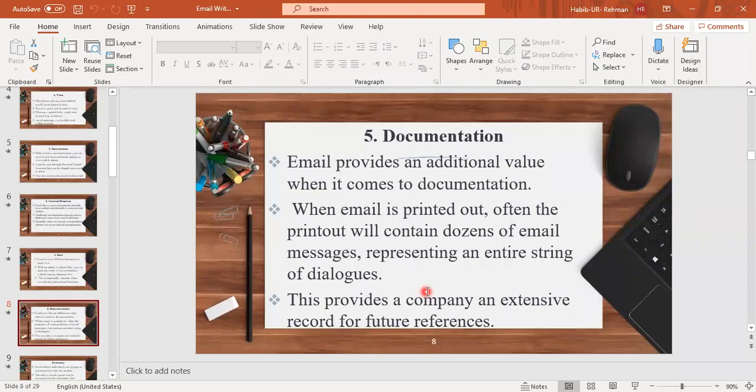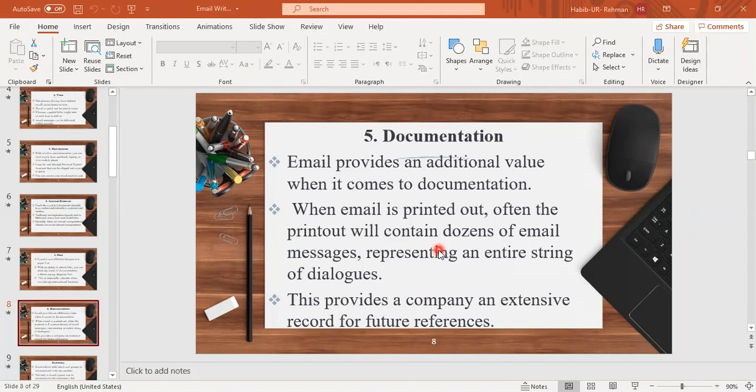Another facility with email is that whenever you send or receive email, they remain in your inbox. And if the same person is communicating with you, there will be a dialogue that remains in your single email.